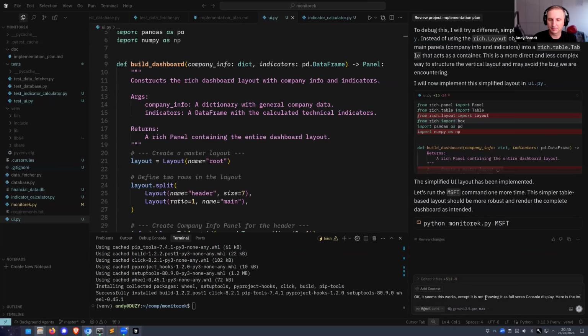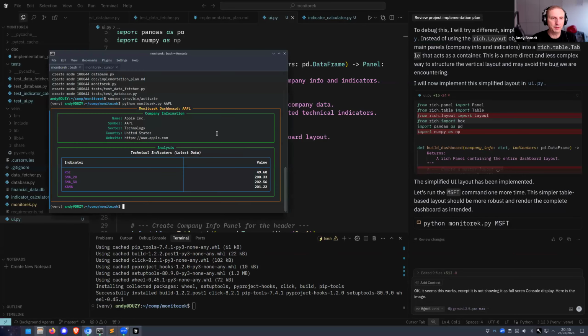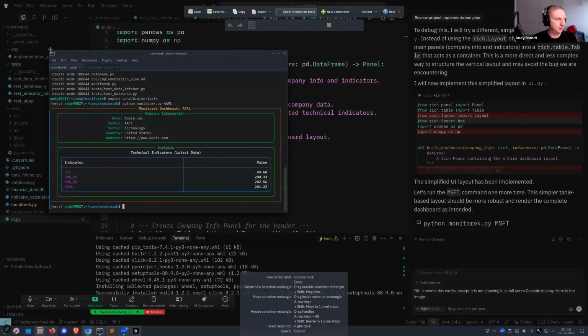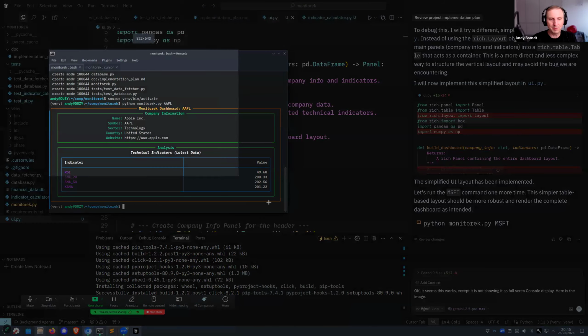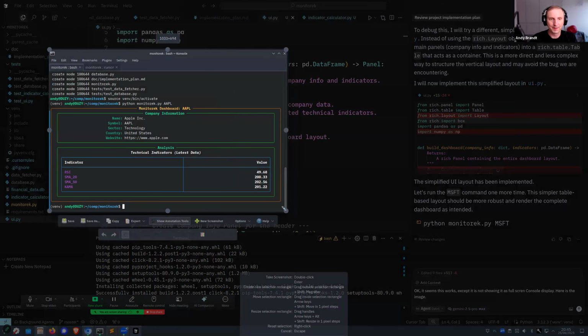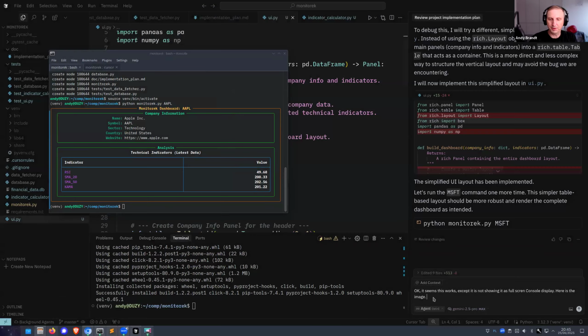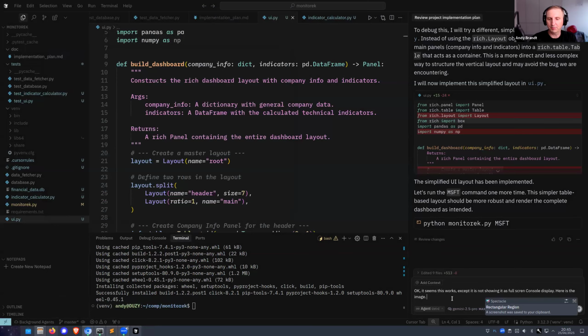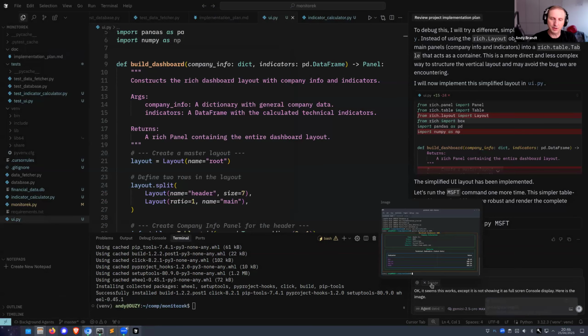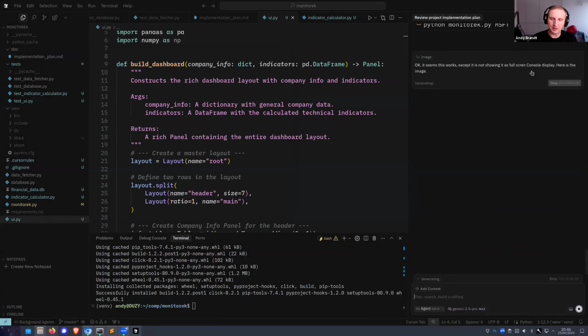Here is the image. So we can also feed it images. Let's create a quick screenshot. You cannot see that I'm doing a screenshot, but believe me, I'm doing a screenshot right now. I have it copied into the clipboard. Now I'm pasting it. It's showing here as an image. You can see the image. And I'm sending that to the model.